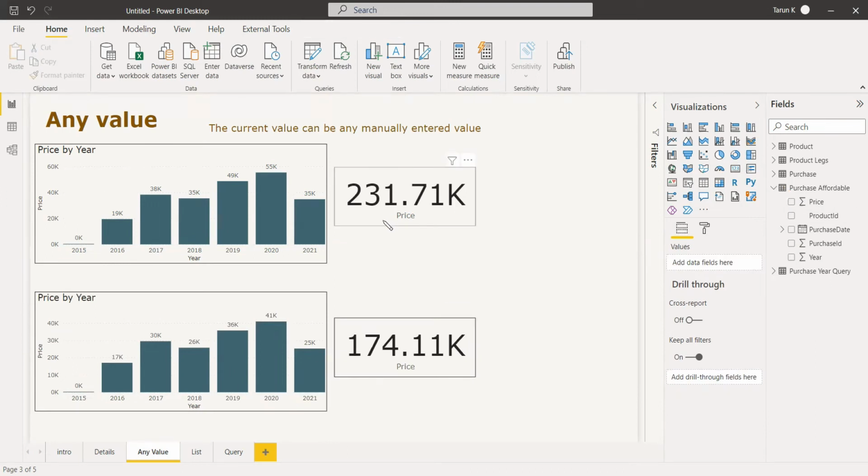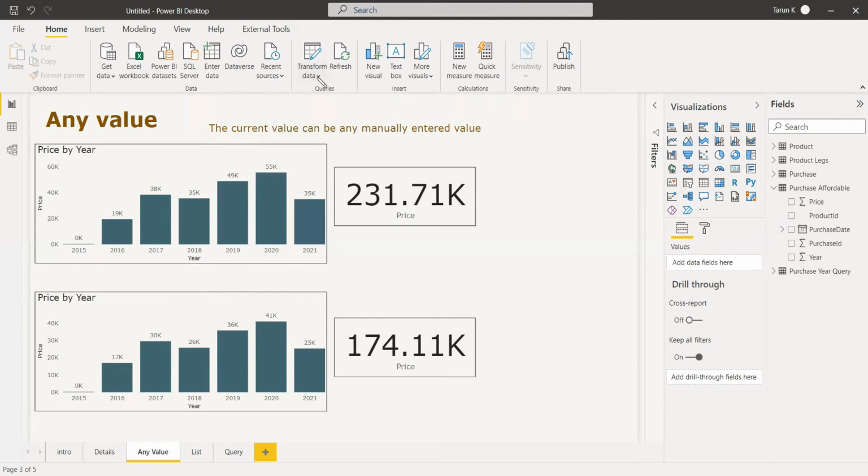This is the total price with respect to the table without any parameter, and with respect to the parameter we have applied, we got only less amount, less data. That is because we have filtered the data using the parameter. Now we can change the value.